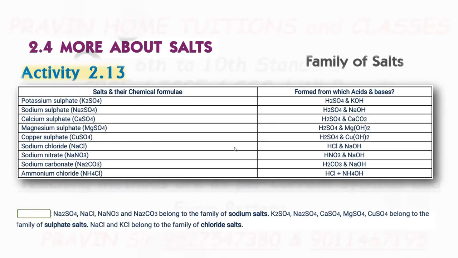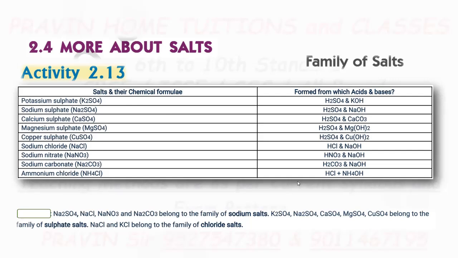Sodium chloride NaCl is formed from HCl and NaOH. Sodium nitrate NaNO3 is formed from HNO3 and NaOH. Sodium carbonate Na2CO3 is formed from H2CO3 and NaOH. Ammonium chloride NH4Cl is formed from HCl and NH4OH. Here, the first one is the acid, the second one is the base. Now, there are different families of salt,